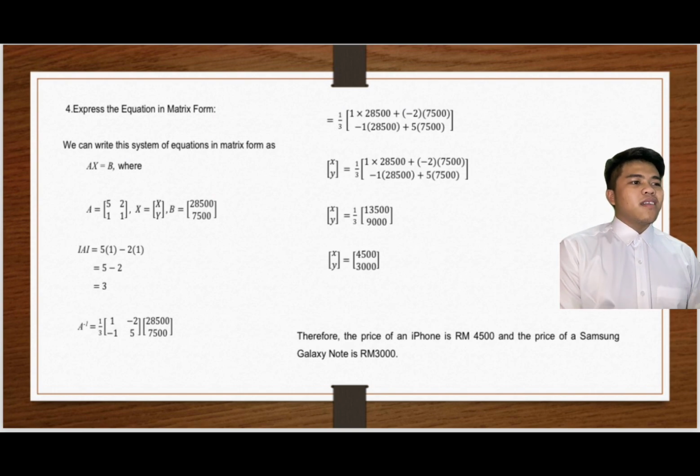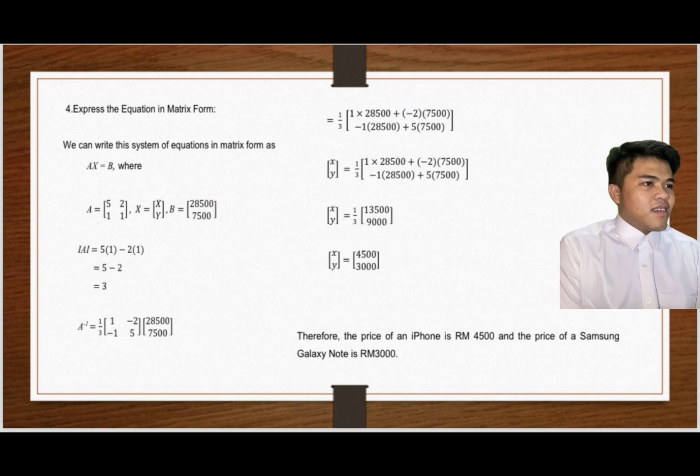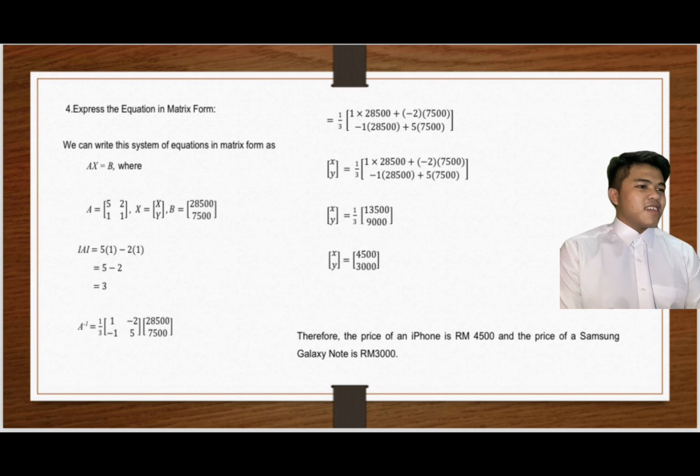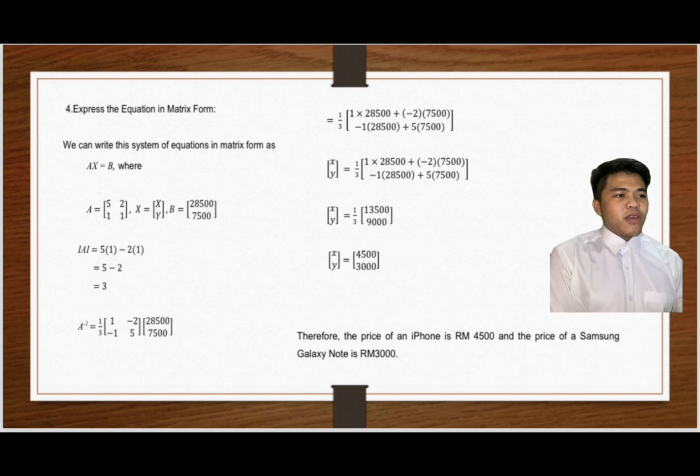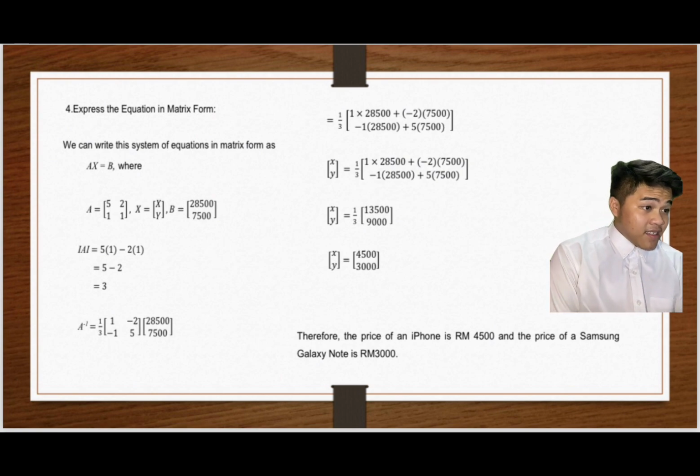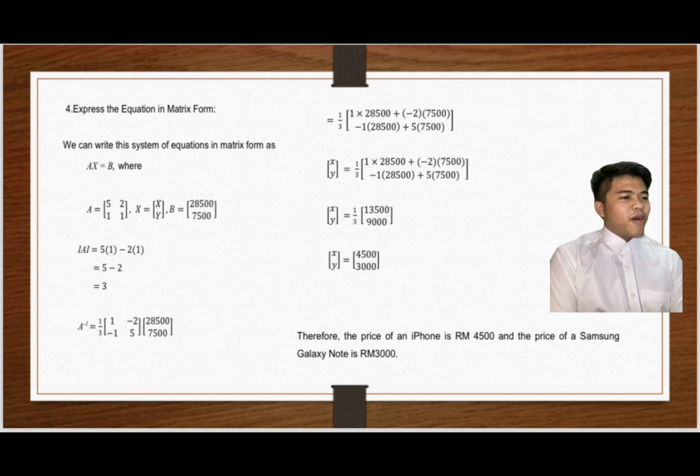We need to find the determinant for this equation. 5 multiply 1 minus 2 multiply 1, and the answer is 3. So next step, we need to do the inversion method. A inverse equals 1 over 3, and first column 1 and negative 1, second column is negative 2 and 5. Next matrix,